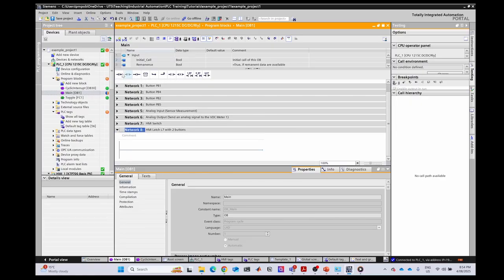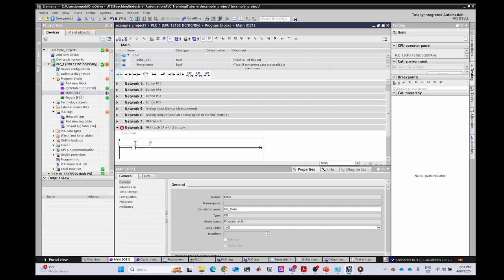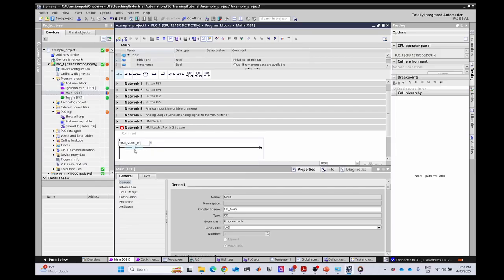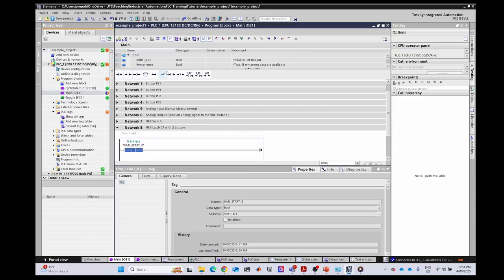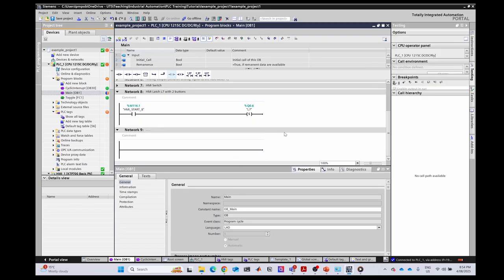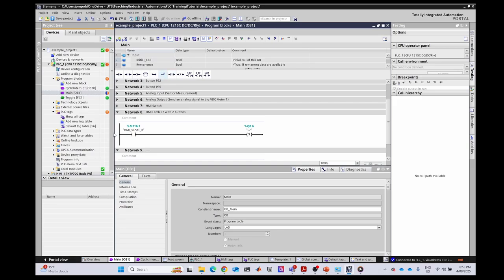And what we can do, for example, is that when HMI start is 1, we are going to set L7 and